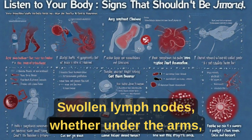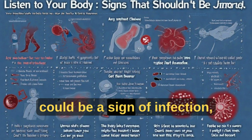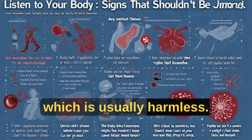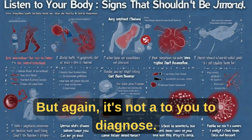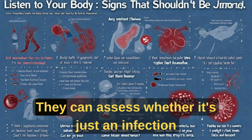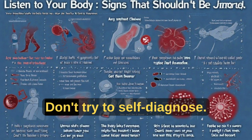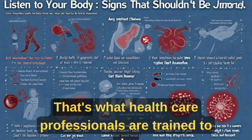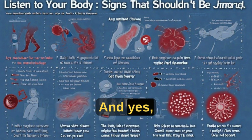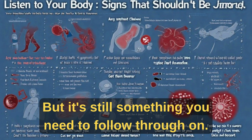Swollen lymph nodes, whether under the arms, in the groin, or beneath the jaw, could be a sign of infection, which is usually harmless. But again, it's not up to you to diagnose. That's what doctors are for. They can assess whether it's just an infection or something that needs further investigation. Don't try to self-diagnose. That's what healthcare professionals are trained to do. And yes, it can be hard to get an appointment these days, but it's still something you need to follow